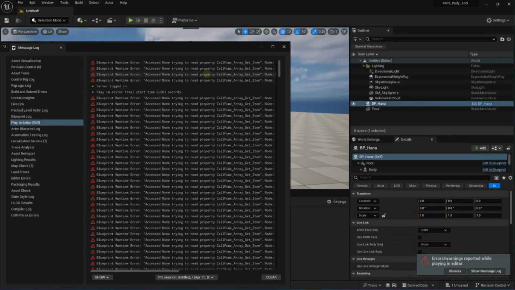Okay, the reason we're getting these errors is because the controller for the meta body tool is not in the level, or in other words, basically what loads your customization is not in the level. So it's trying to call your customization, but it can't find it. So close this down,